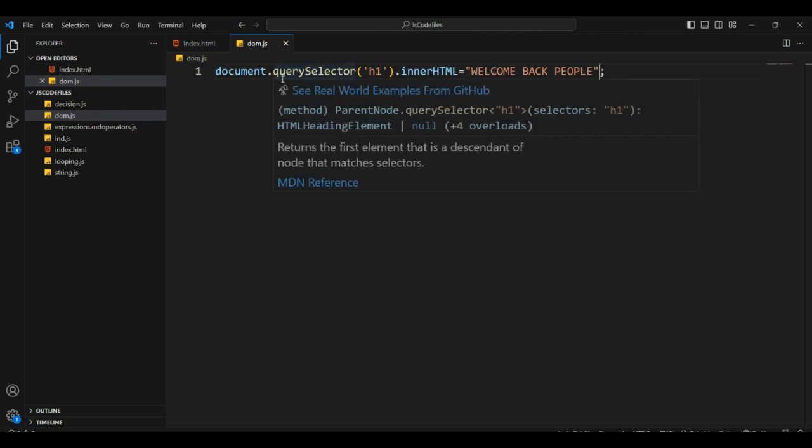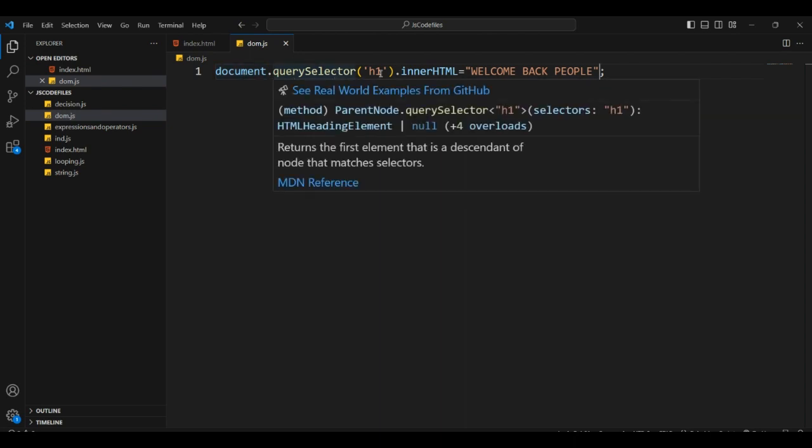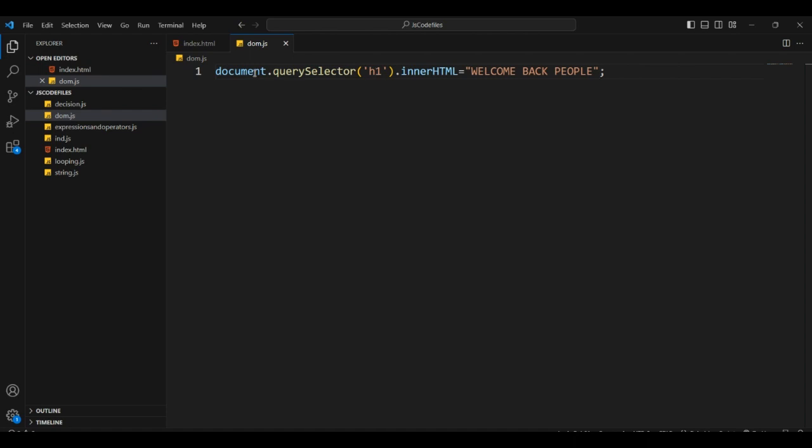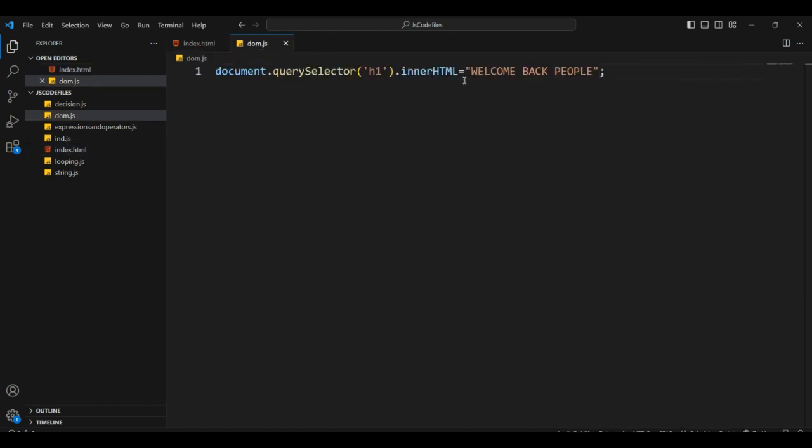Now let's see what this line of code does. The document refers to the HTML element. The query selector searches for the h1 tag within the HTML element and selects the inner HTML in it. So in this particular page, the inner HTML in h1 tag is supporting tech, and then it changed supporting tech with welcome back people. So let's save this and go to our website,